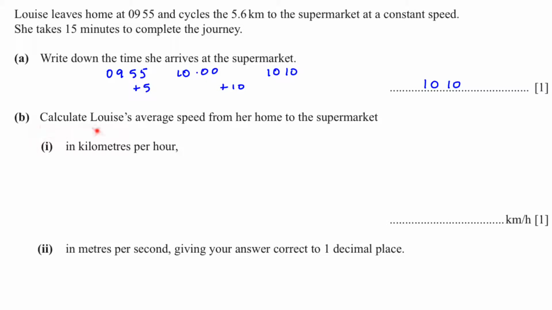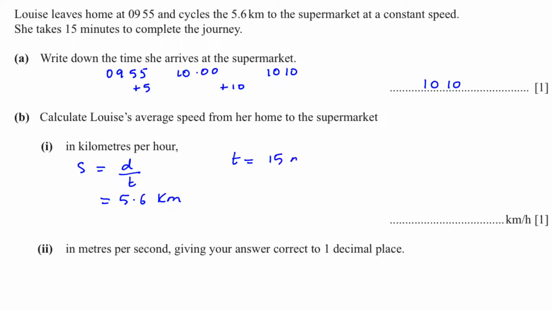In B, calculate Lewis's average speed from her home to the supermarket in kilometers per hour. To calculate speed, we use the formula speed is equal to distance over time taken. Distance is 5.6 kilometers and time is